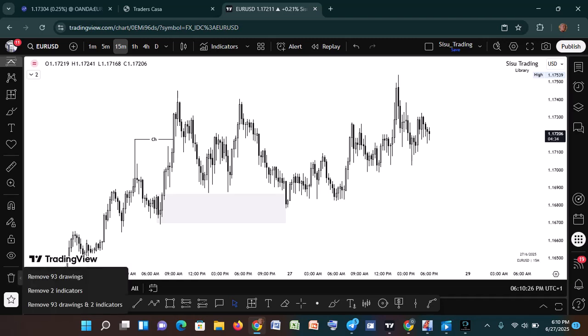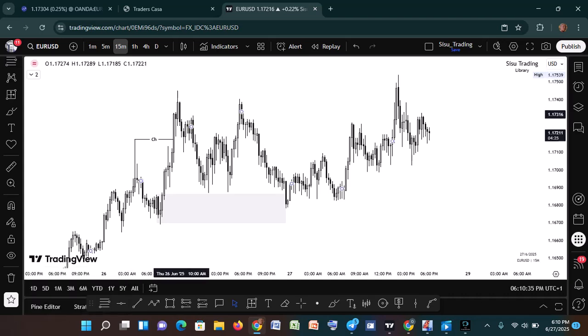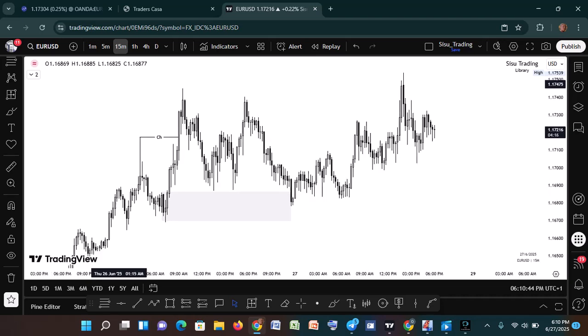And if you want to delete everything, I have 93 drawings, and remove indicators and drawings and the indicator. If you want to delete everything, you can just delete everything. And as well, if you left click and you long press, then you drag it down,